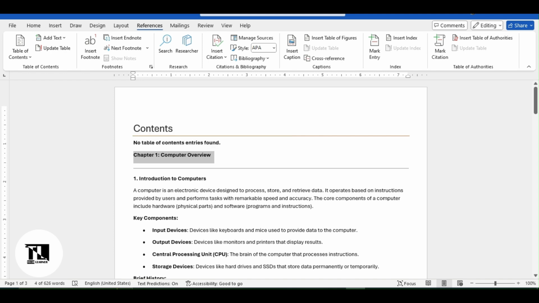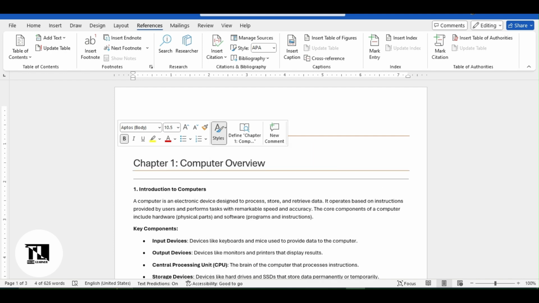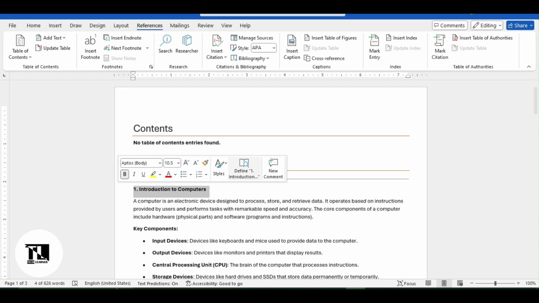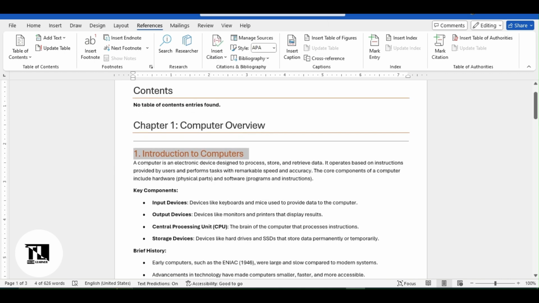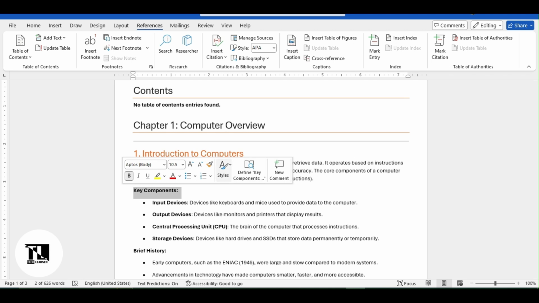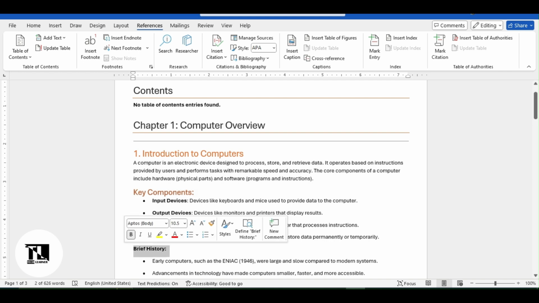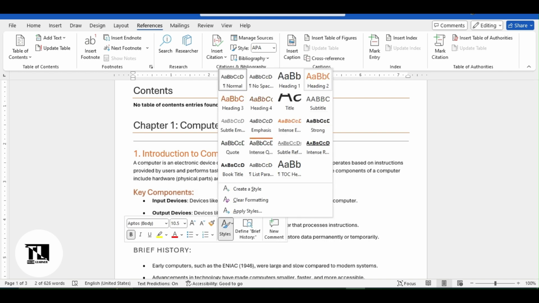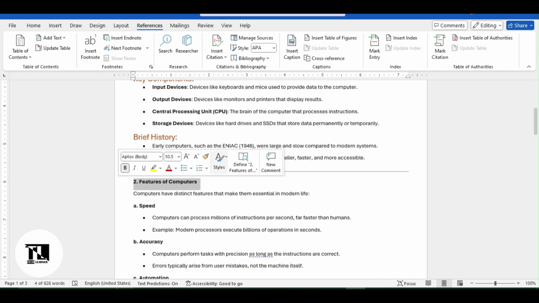so we will apply headings in our document where we need them, like this chapter number and chapter name, and we will give it Heading 1. Other topics of this type we will give Heading 2. Key features, we will give Heading 3. This also Heading 3. So this is not a sub-type of heading, so this is Heading 2,